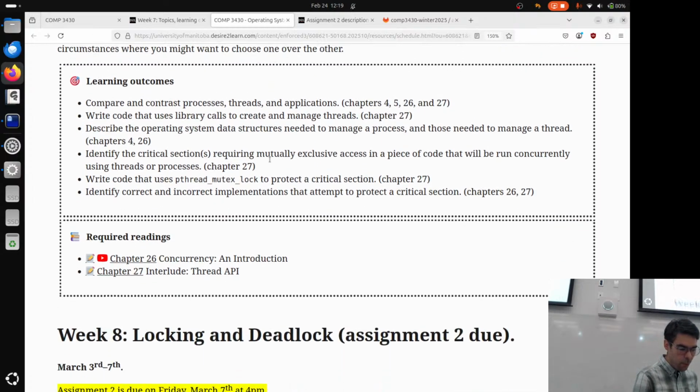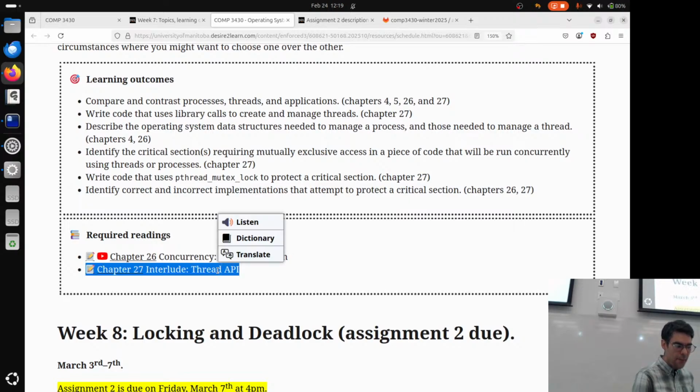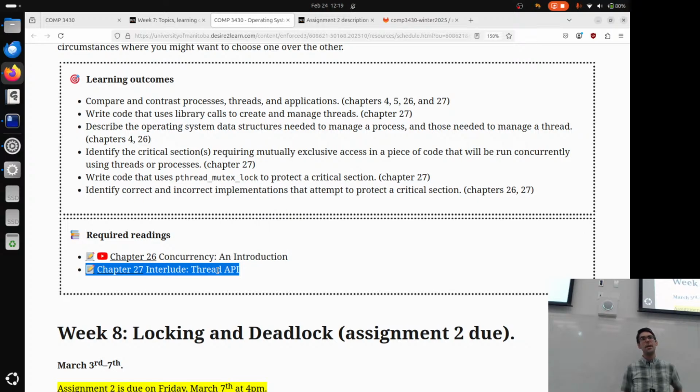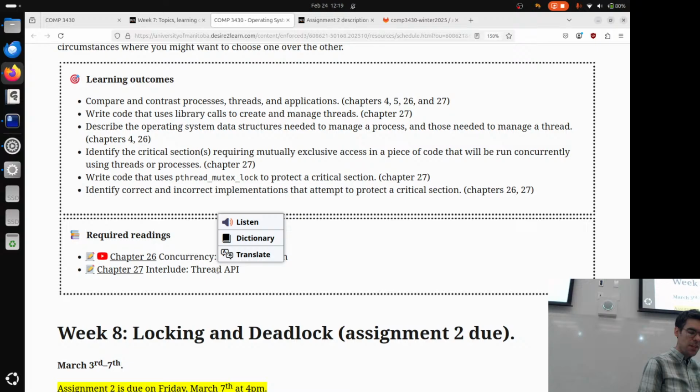I want to point out, again, similar to other chapters here, chapter 27 is a chapter on the thread API. There's a lot of stuff in here that's going to be good for getting started with how to use threads. The manual pages are also a good way to take a look at this. But there's one important section here that I want to emphasize over everything else. If you skip most of the stuff in this chapter, that's okay, because we're going to be using threads to do stuff together a lot.